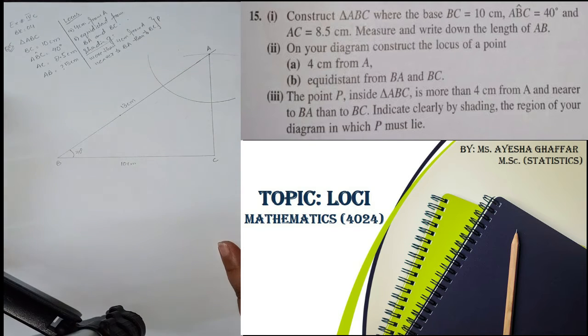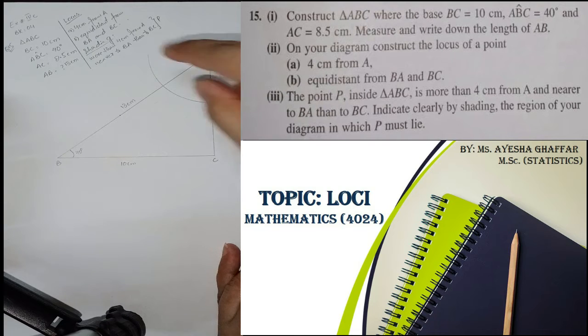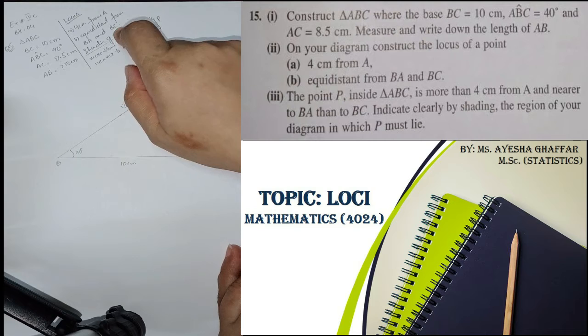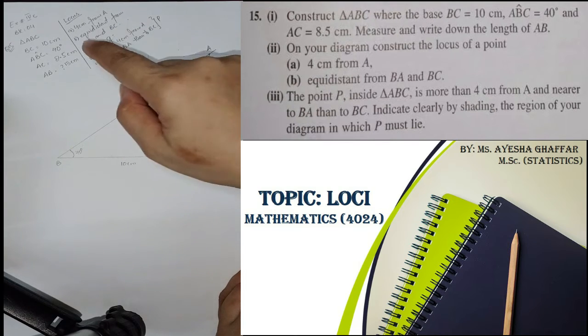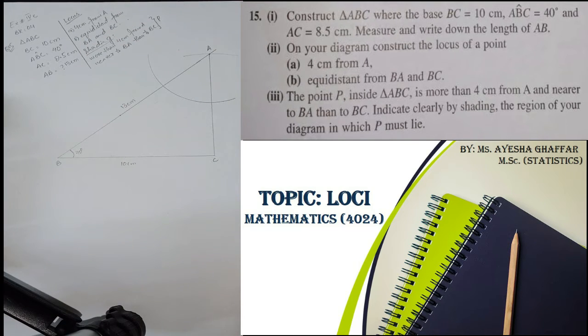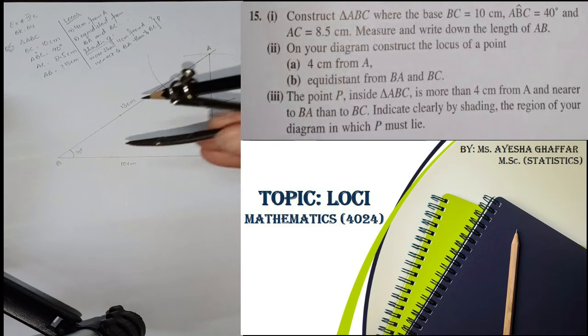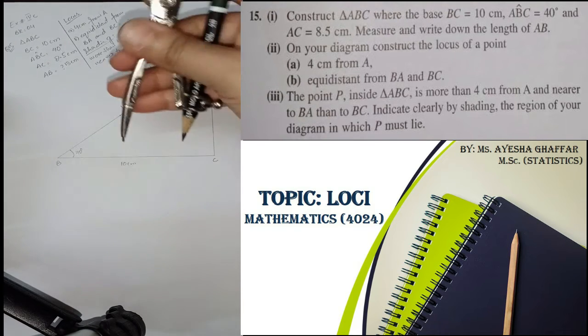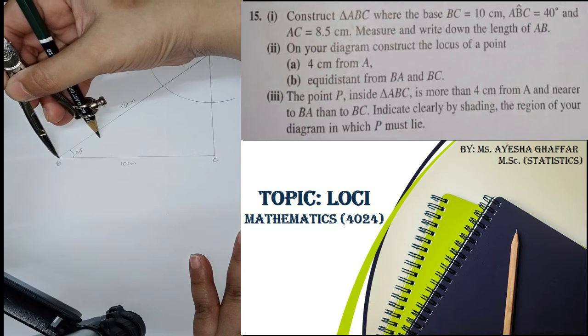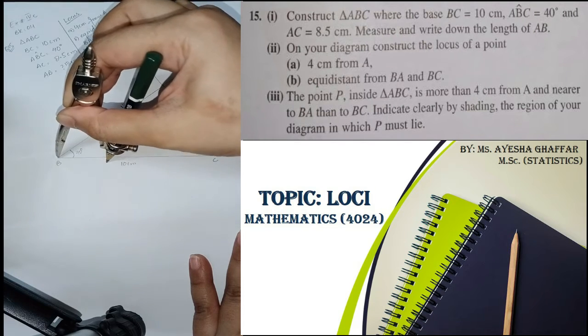If you are not getting complete circle, so this much arc is fine because we will get an answer inside the triangle. Then equidistant from BA and BC means we will draw an angle bisector on the common point, and the common point here is B. We will open compass 3 centimeter. Keep it on the common point B like this. Okay, and mark an arc.